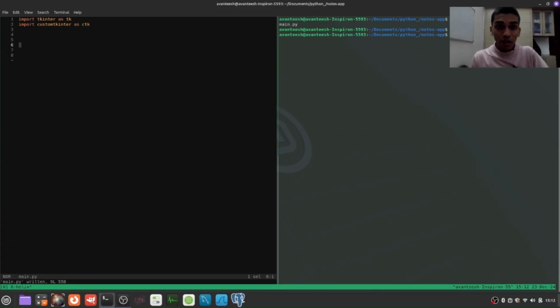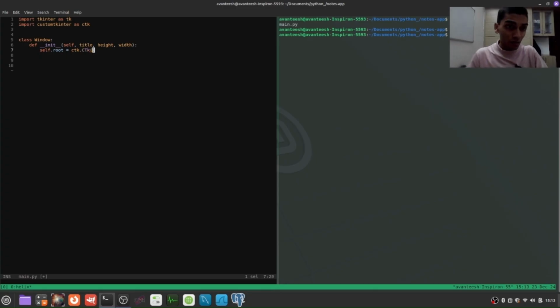Now I'm going to do a couple of things here. So I'm going to create a class called window, and it's going to have a constructor with title and height and width. Now why are we doing this? Well, I'm just creating a window interface to make it easier to work with. So I'm going to create a few variables here. So I'm going to say self.root equals to